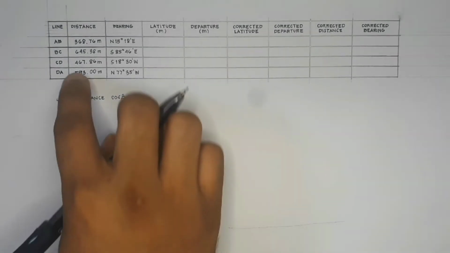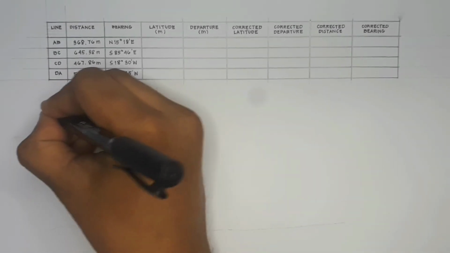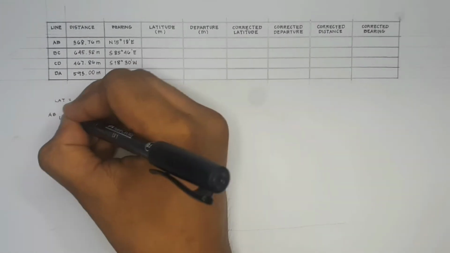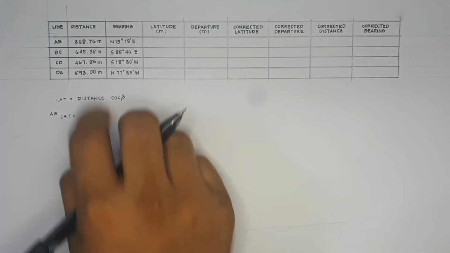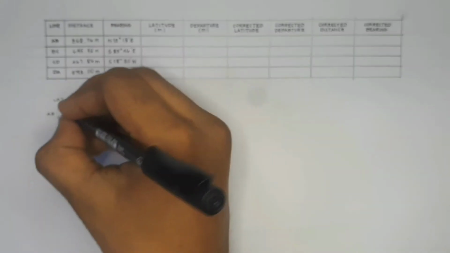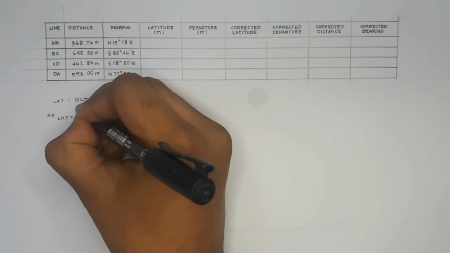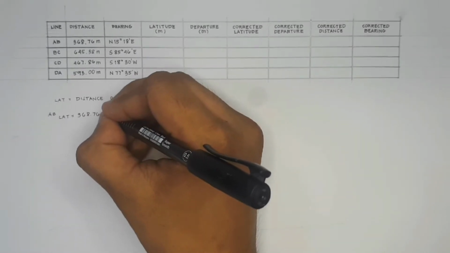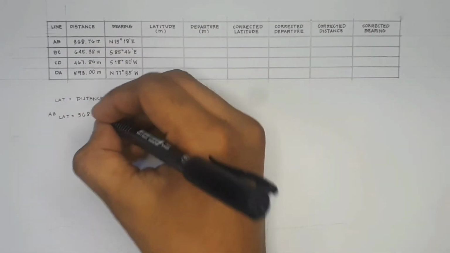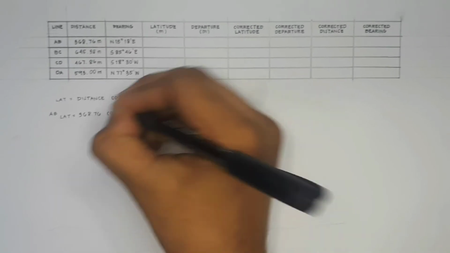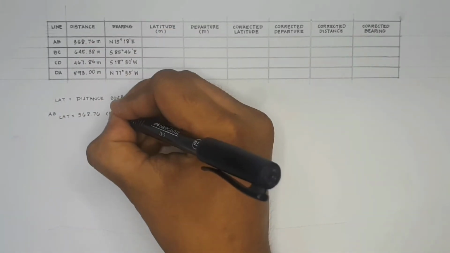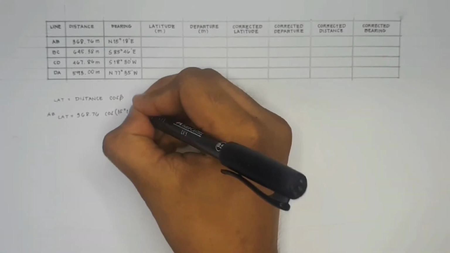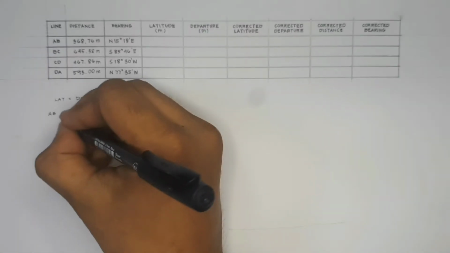So for line AB, latitude is equal to the distance of line AB, which is 368.76 meters, times the cosine of the bearing angle, so we have cosine of 15 degrees 18 minutes, and this will give us